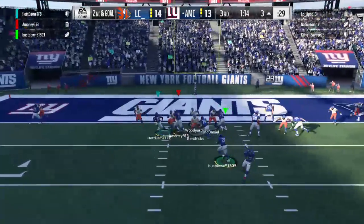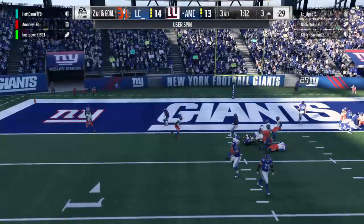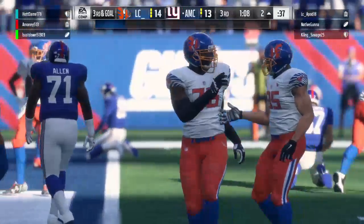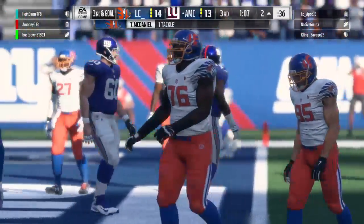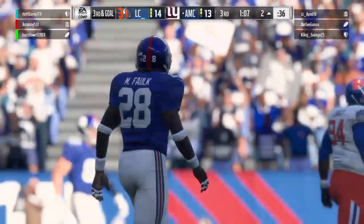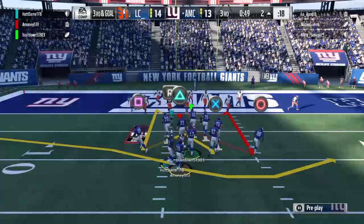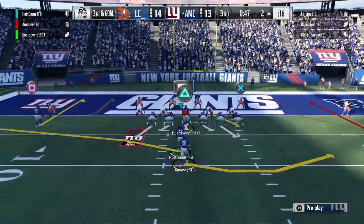And from the 3 now, it's 2nd and goal. And the D not yielding much there. He's only going to get a yard to about the 2. His path became similar to almost running a stretch play, didn't it? Trying to find a crease, anywhere to put his foot in the ground and cut back. It just never materialized. The offense on third down, a perfect 3 for 3 as they look to keep that